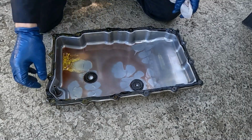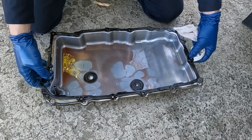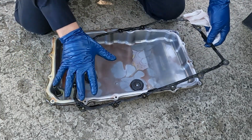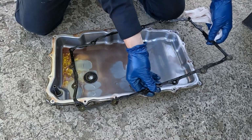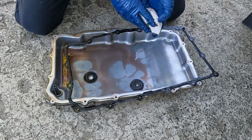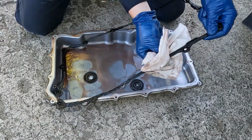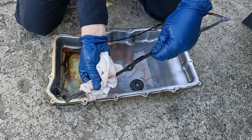So there's not a lot to the pan, just need a bunch of clean rags. We'll pop this off. Now these gaskets are reusable, so you just have to inspect it. If it looks good, then we can go ahead and reuse it. But if you need it replaced, then of course, go ahead and replace it. I'm just gonna clean this off really well so we can inspect it, and then it'll be clean to reuse